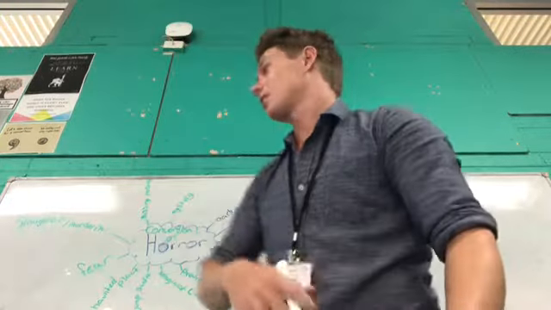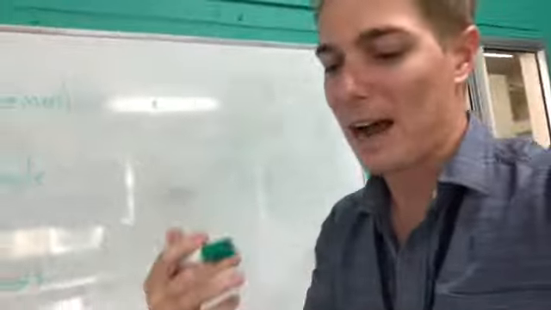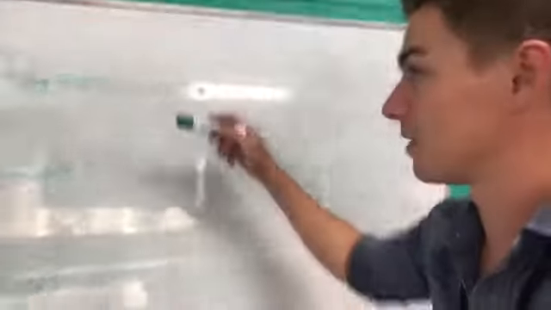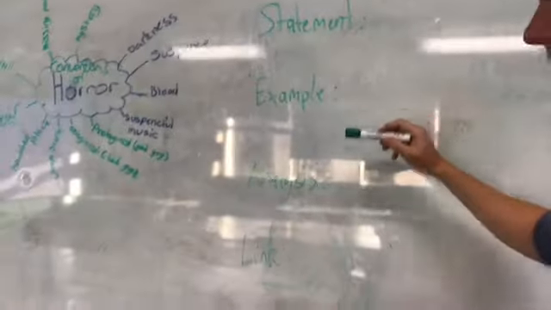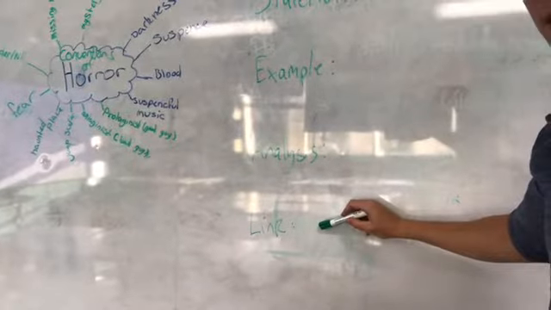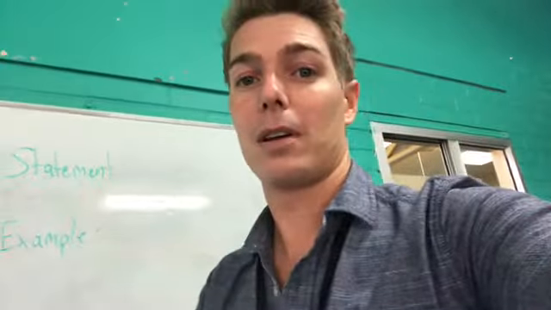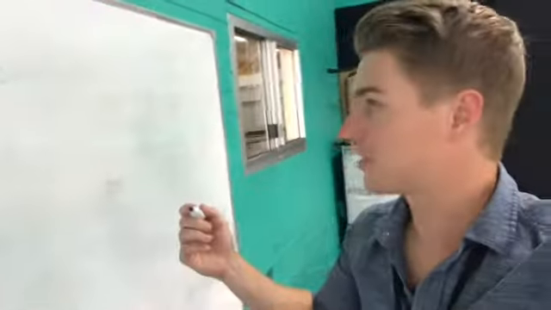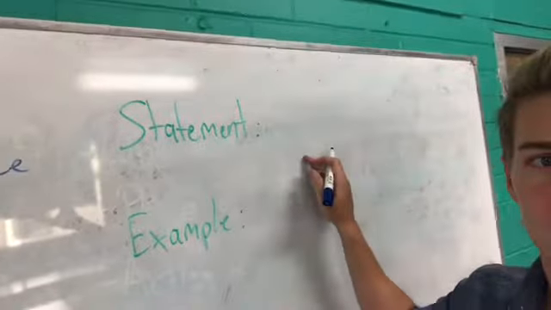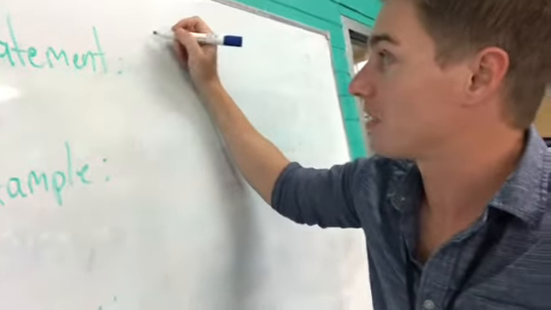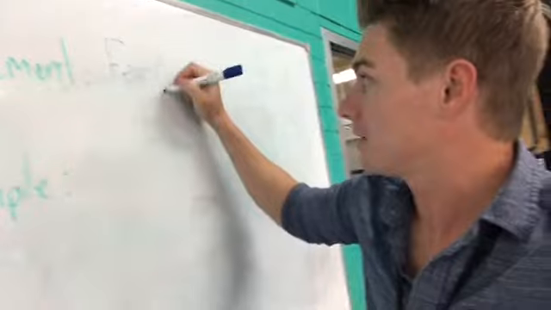Okay, so we just had a look at a whole bunch of different examples. All right, and I'll try and write one up here for you. So, for our seal paragraph, which is what this is, seal is made up of statement, example, analysis, link. Right, so if you're going to make a statement, if you're going to say something that you think is true, you need to back it up with examples. All right, so for our seal paragraph, we've got to start out with a statement, right? And I'm just going to take notes on this today rather than writing all that out. But your convention is going to be fear.